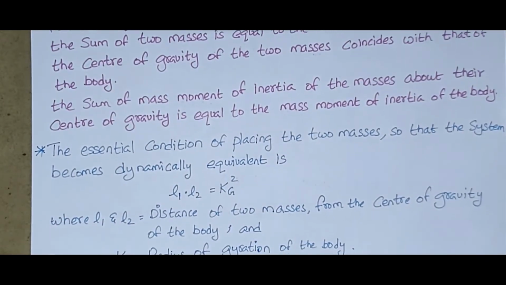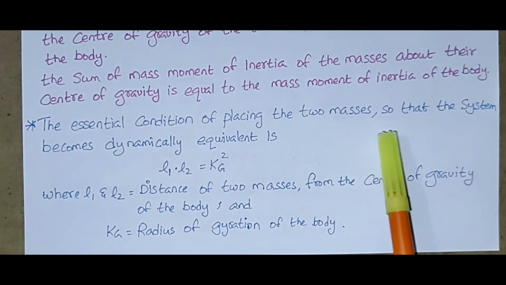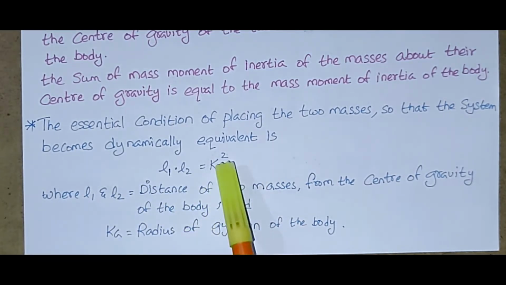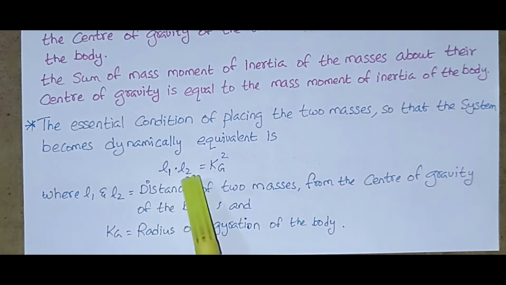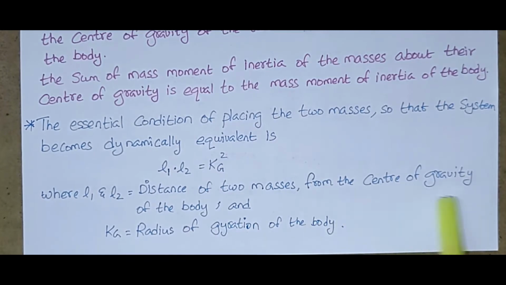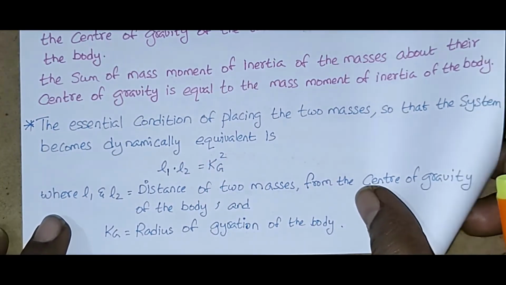The next, the essential condition of placing the two masses so that the system becomes dynamically equivalent is L1 into L2 is equal to Kg square, where L1 and L2 are distance of two masses from the center of gravity of the body, and Kg is radius of gyration of the body. Okay,